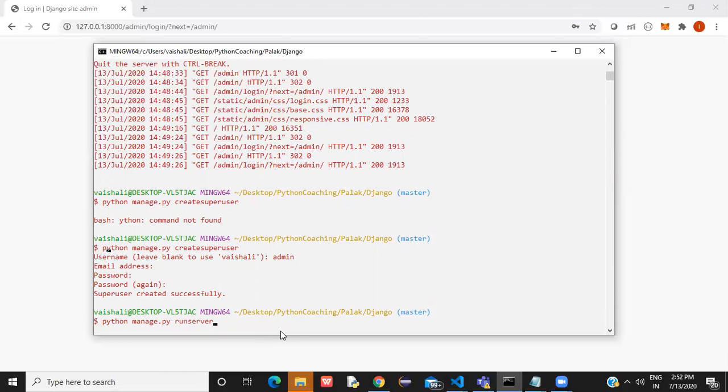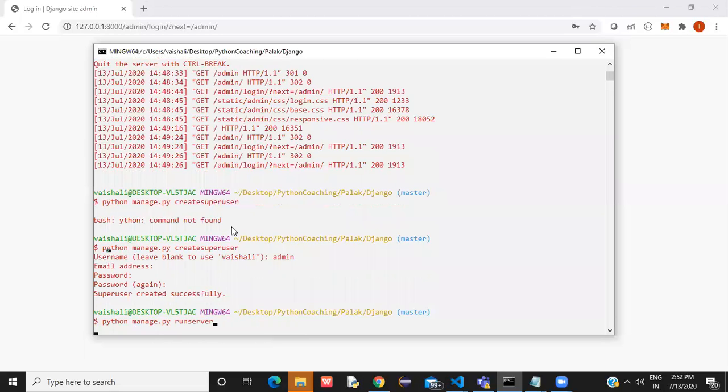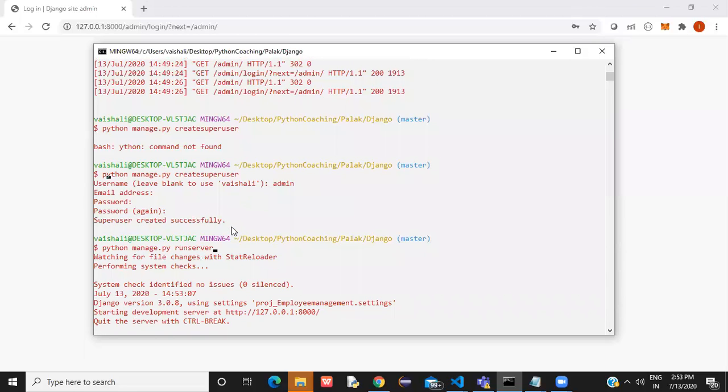Now we will run the server again. Django is using an SQLite database, but later on we will be using PostgreSQL also. For some time we will be using the SQLite DB only, because internally it is using that only. Okay, so as our server got started,